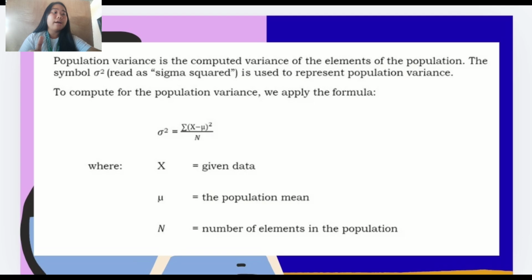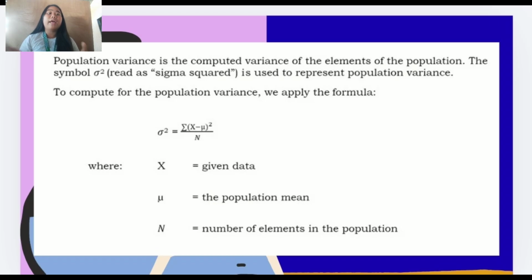And then population variance is the computed variance of the elements of the population. The symbol, which you will see and read as sigma squared, is used to represent population variance. To compute for the population variance, we apply the formula sigma squared is equal to summation quantity x minus mu squared